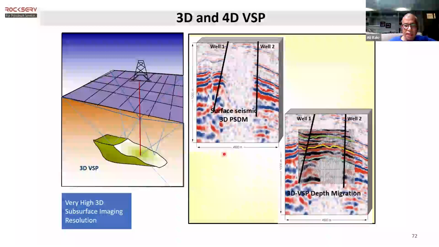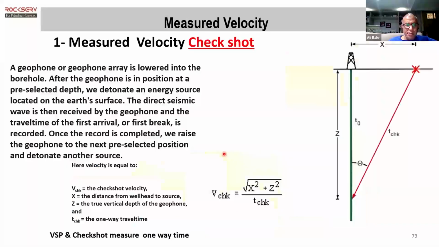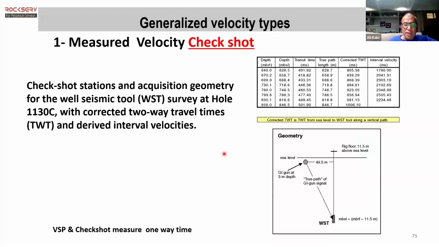Actually, we are running a very detailed work here about the check shot now, about the VSB. The check shot is exactly the same technique as what we are doing on the VSB, but the end result is not like what we have on the VSB. So we do have the time depth tables. We do have the relation between depth and time through the velocity, and we can directly relate this to